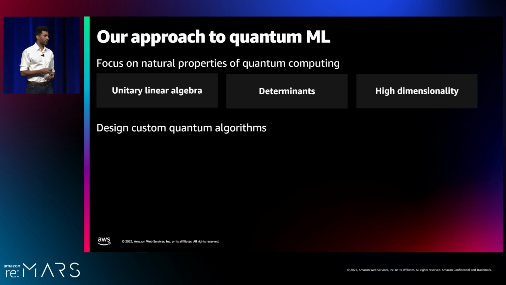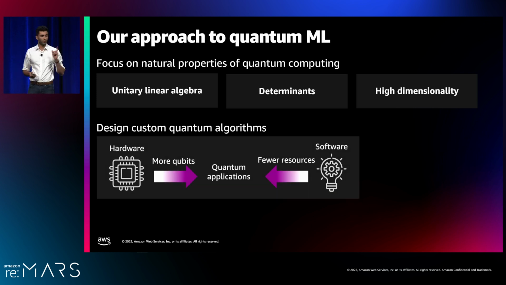If we design efficient software today, we don't have to wait for faster hardware. And so while the hardware manufacturers are moving from the left to the right, trying to build better and faster qubits, we are moving from the right to the left with software that uses fewer resources and can get quantum advantage sooner. When we meet in the middle, that is quantum advantage.